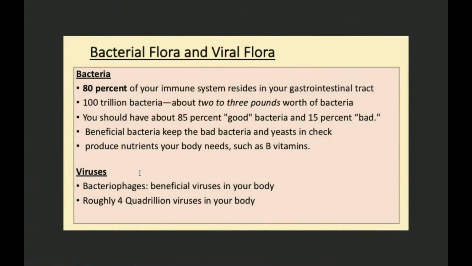Flora, you need bacteria, you need viruses, you need molds and fungi and everything. The bacteria are 80% of your immune system. You've got 2 to 3 pounds of bacteria in the intestinal tract. Except when you're in a hyper-sterile environment, like I just read an article on astronauts, that's a trip. They've got tons of skin conditions, and sometimes it lasts years afterwards because they don't have good normal flora on the inside. They're not eating bacteria-containing foods up in space. I mean, there's a lot of things that are bad.